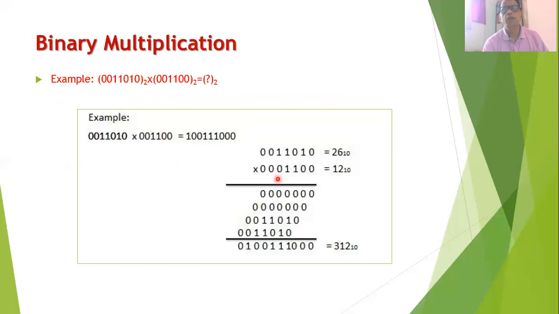Now you need not multiply by the leading zeros, because even if you multiply by the leading zeros, it is not going to have any impact on the result. And therefore we can omit these zeros and we need not multiply them by the first number. Therefore finally what we will do is that we will add these results together.